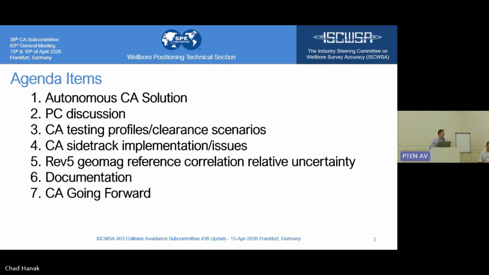We gave a couple options. Are they both working? We have Rev 5, which a large portion of it, we got most of the terms from this breakout of the reference terms so that we could do the relative uncertainty correlations. I don't know that we have a lot of progress on that, and seeing if people are working on it or we're kind of ignoring it. Documentation, Phil mentioned we need to get better documentation, and be able to find it on the website. And we have another list from previous, there's a lot of little tasks, little objects to go through.